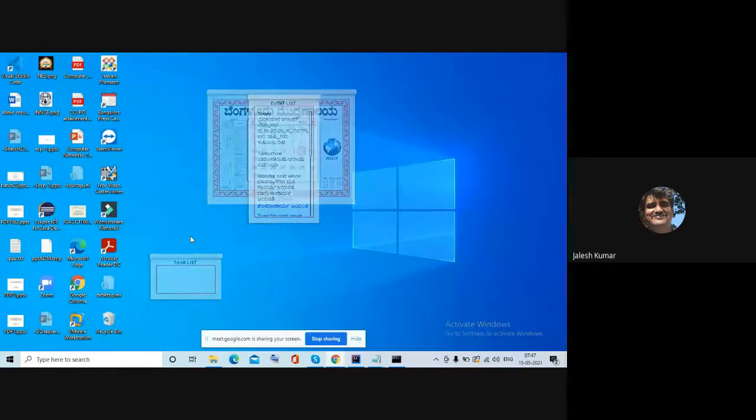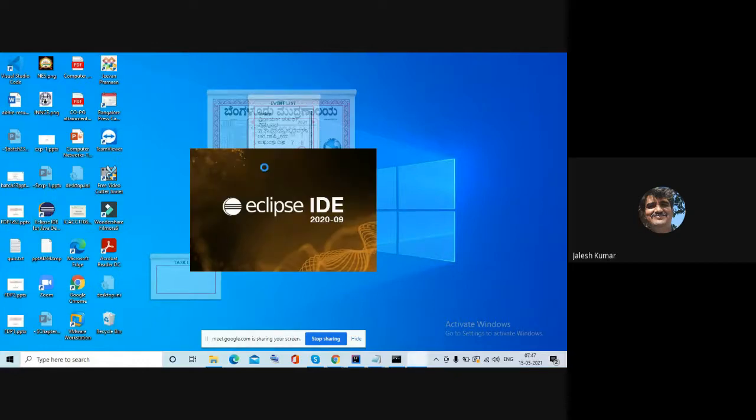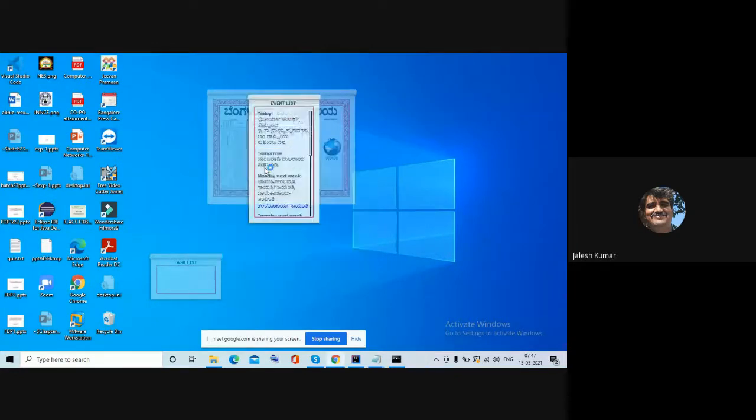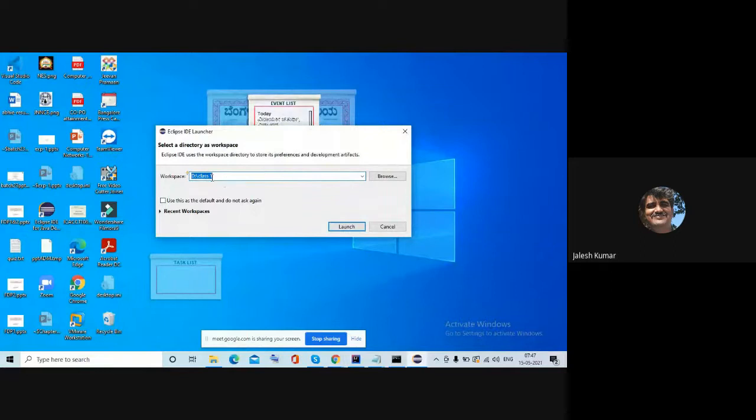See, once you have installed Eclipse, the link also I had given. Once you download and install that, you will get the icon like this, Eclipse IDE. You just click on that. Eclipse IDE will ask for a particular folder.